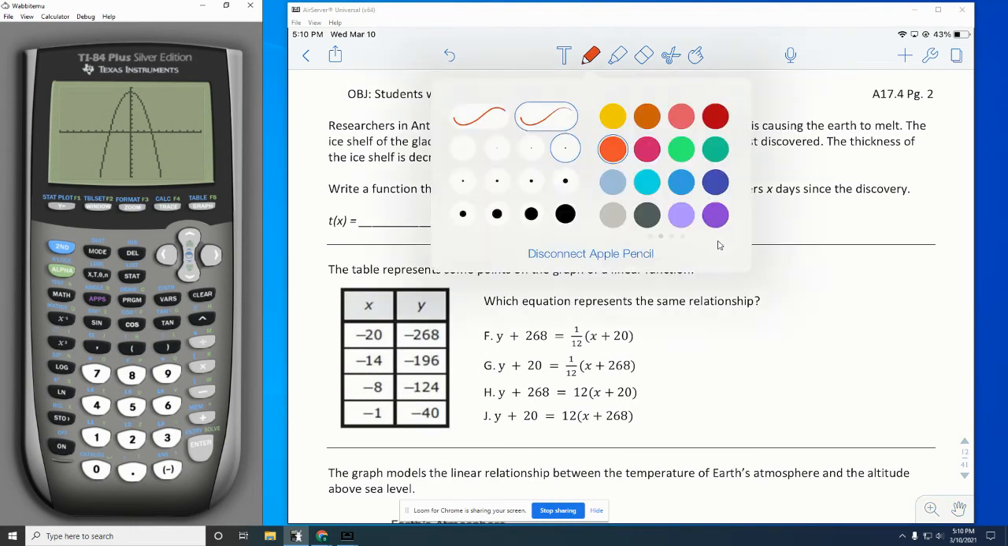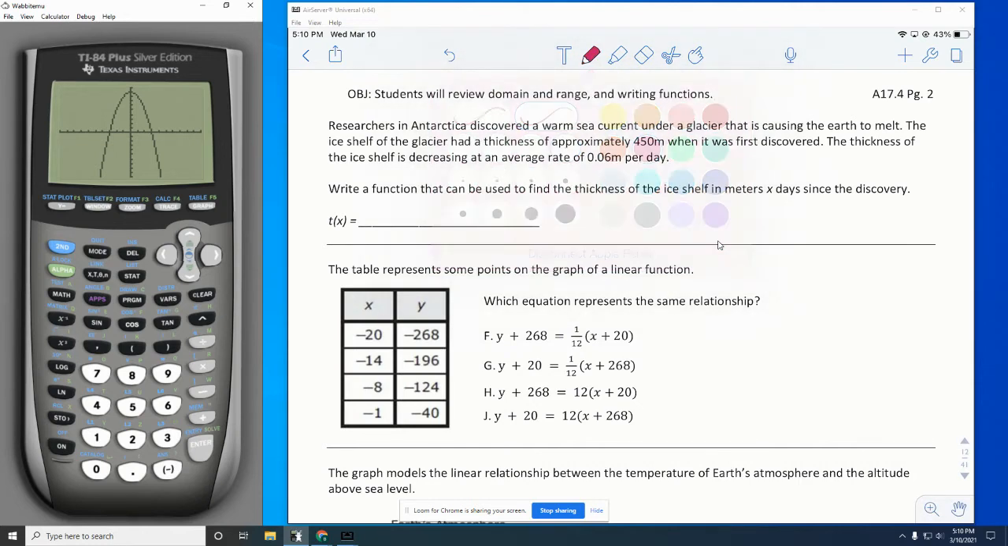On the back, we are told that researchers in Antarctica discovered a warm sea current under a glacier that's causing the Earth to melt. The ice shelf of the glacier had a thickness of approximately 450 meters when it was first discovered. The thickness is decreasing, probably a keyword there, at an average rate of 0.06 meters per day. Write a function that can be used to find the thickness of the ice shelf in meters x days since